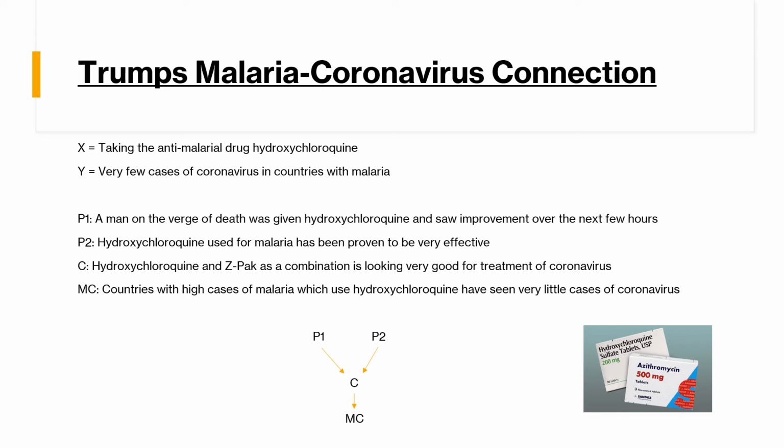Premise 2 is that the hydroxychloroquine used for malaria has been proven to be very effective. The conclusion is that the combination of hydroxychloroquine and the Z-Pak is looking very good for treatment of coronavirus, and the main conclusion is that countries with high cases of malaria using hydroxychloroquine have seen very little cases of coronavirus because of this. The arguer is Trump and his White House administration, and the audience here are the people in